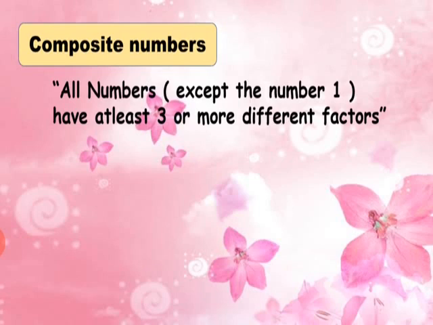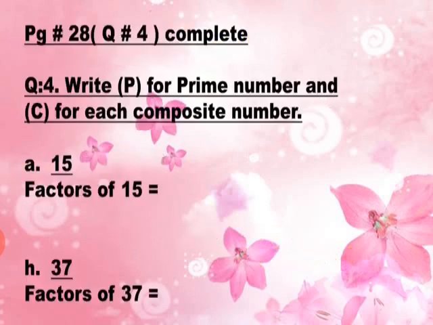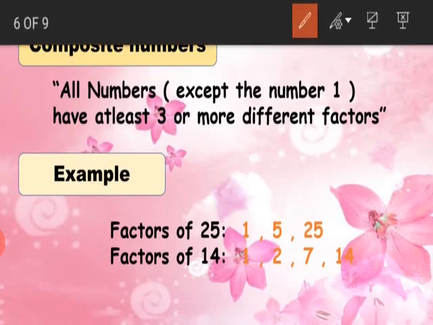They are called composite numbers. Okay, and here we have an example, factors of 25. Class, as you already know, every number is a factor of 1 and itself. So it's clear, and we already know that we have to write 1 and 25. Okay, because 25 is a factor of 1 and itself, meaning 25. So we have to look at the least number.